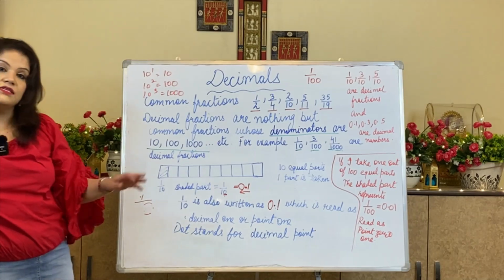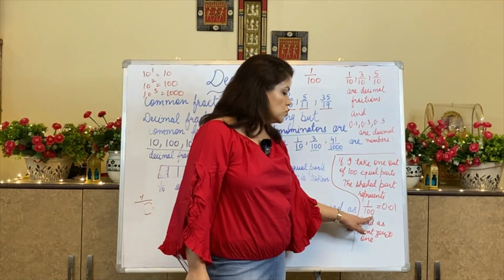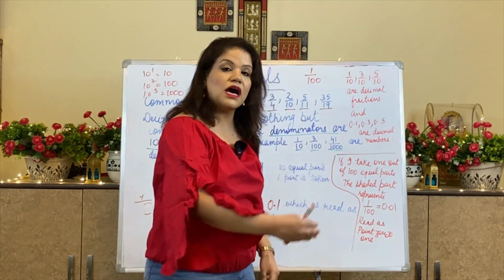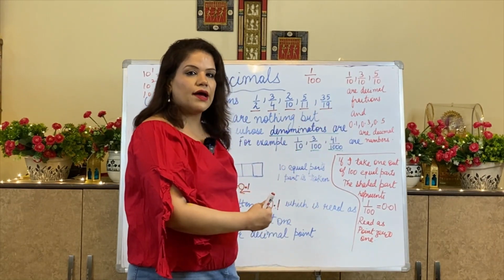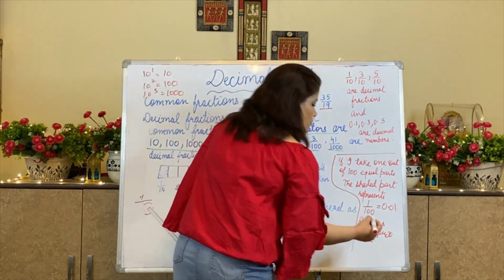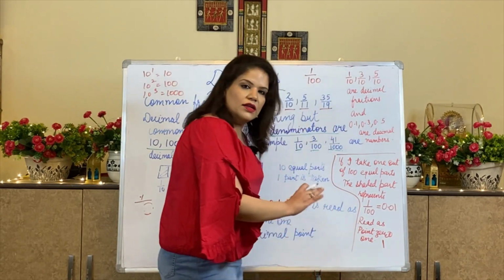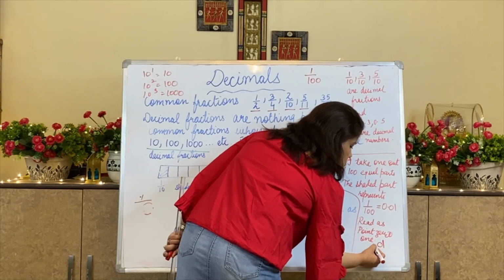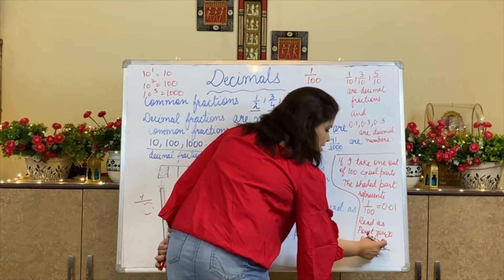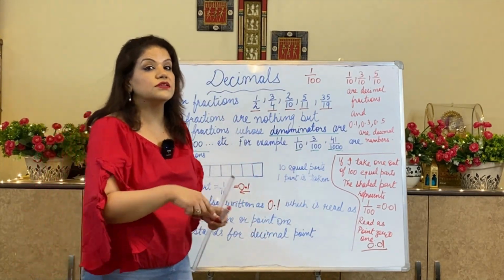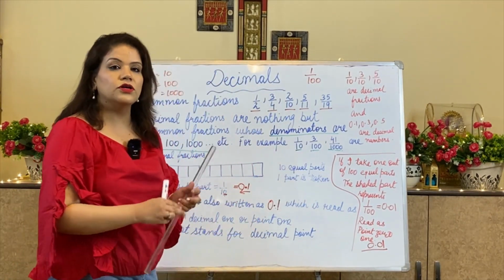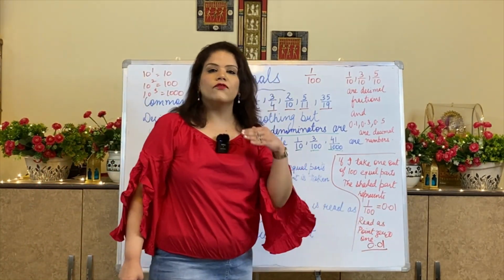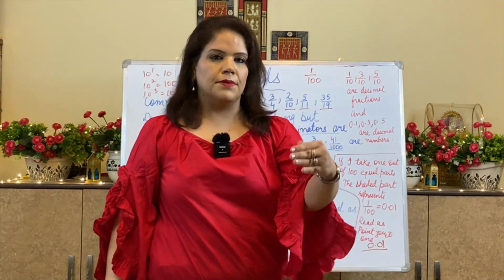How will I represent this in decimals? Since there are two zeros attached with 1 in the denominator, that means I have to move two digits towards the left. But since I have only one digit, the number 1 is only given. Is it clear? So what you will do is put a 0 from your side, towards the left side of the number, considering there are two zeros here, so after the decimal we need to have two digits.